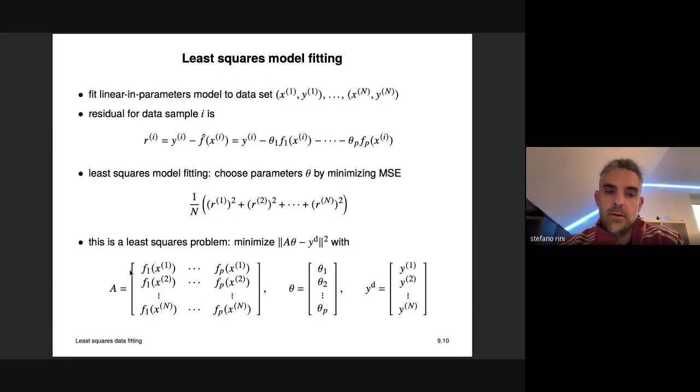The matrix A is the evaluation of the functions from f1 to fp over the dataset entries x1 to xn, and the thetas that we want to find are θ1 to θp. So now we have found a more general linear model to use,